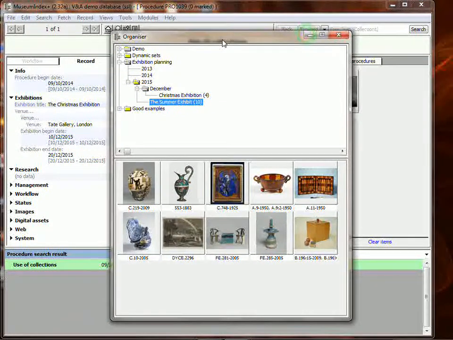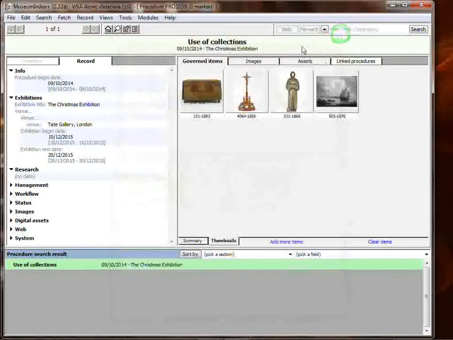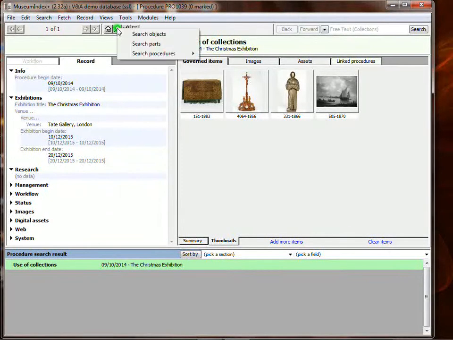The one other thing you can do with the organizer, which can be very useful, is as well as storing specific sets of objects, in a particular order, so this particular set of 4 objects, I can also store searches that'll be rerun later. So it's also a place to save searches. Just to illustrate that, if I run a search for objects,